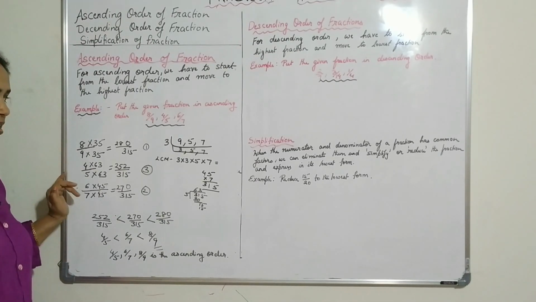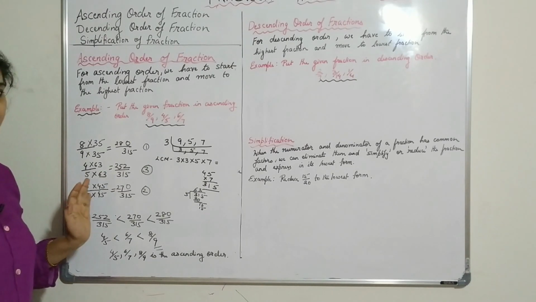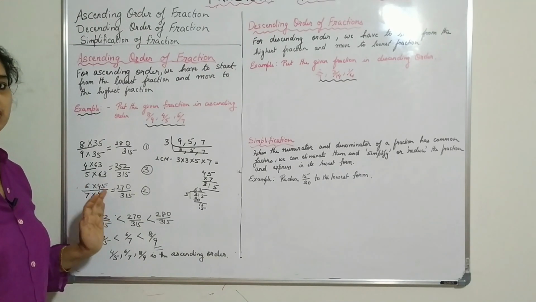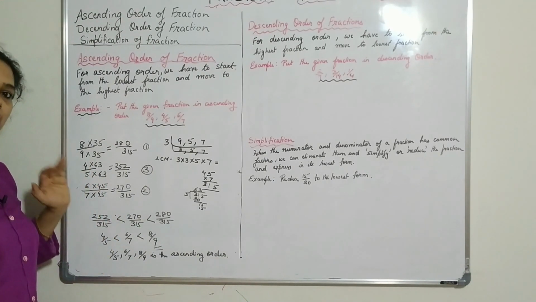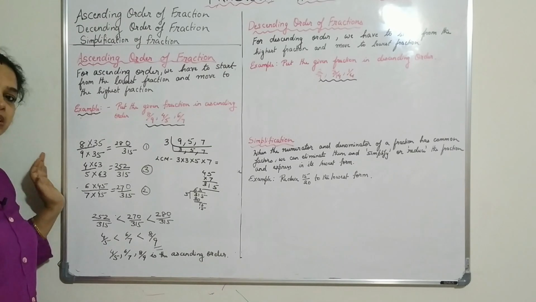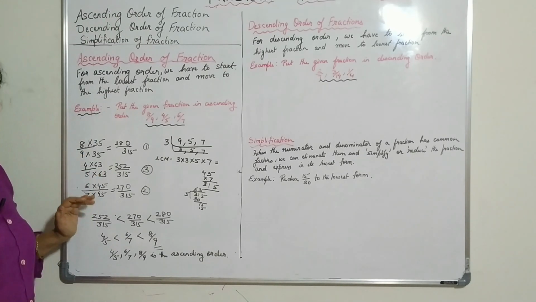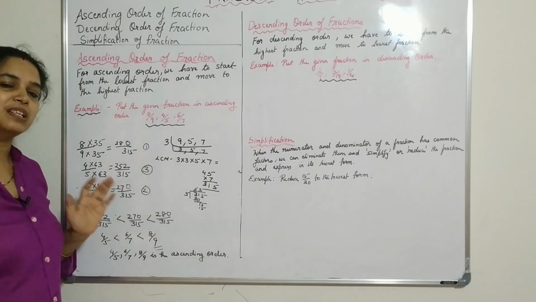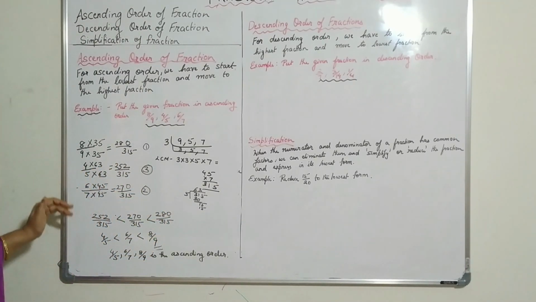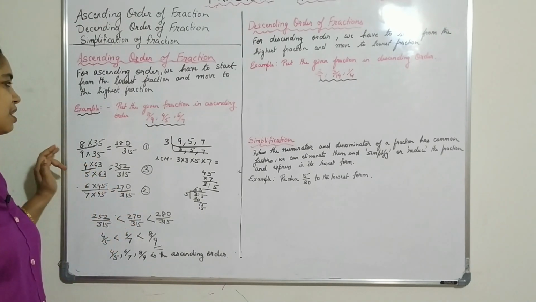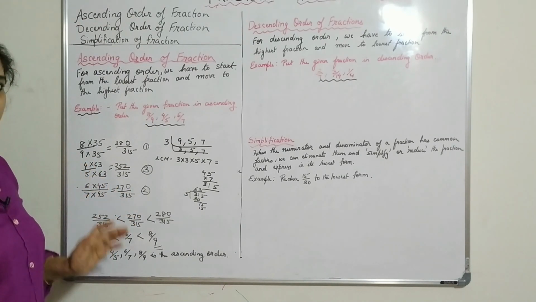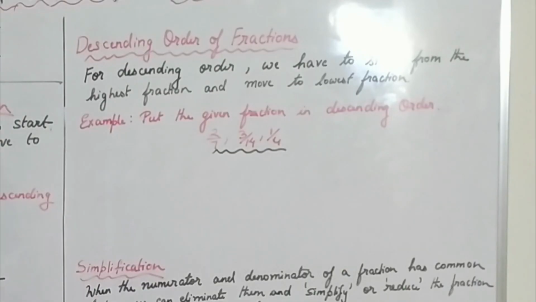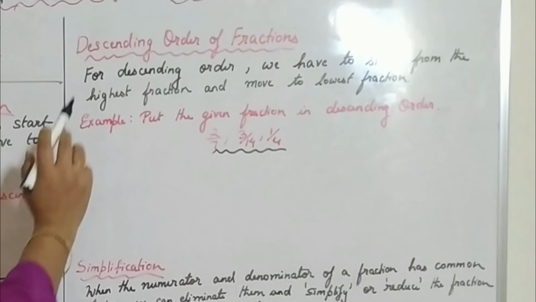First you have to find the LCM, then make them like fractions by multiplying the denominator to match the LCM, and multiplying the numerator by the same number. Then you check which one is the highest by checking the numerators, because you have made them like fractions. By this way you can find the ascending order of the given fractions.